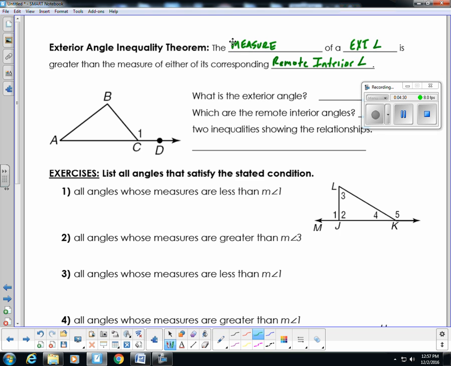We had a remote interior angle theorem in the last unit, so we're kind of expanding on that. But if you're a little confused or don't quite remember exactly what a remote interior angle was,